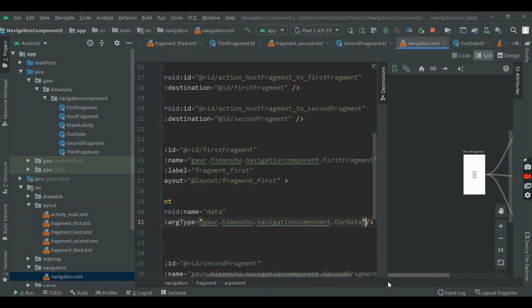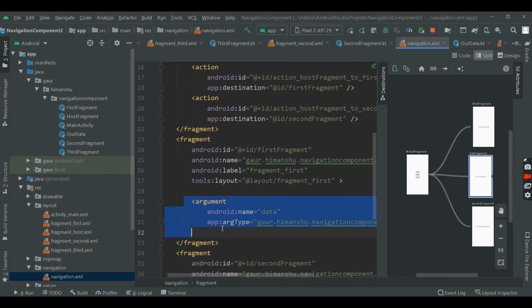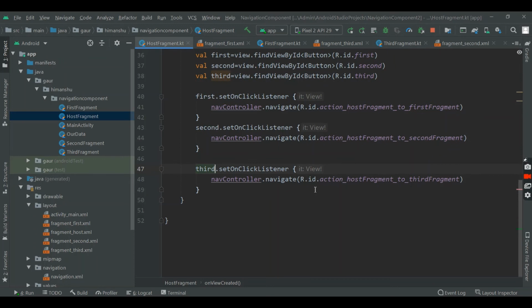Okay, now it's fine. So these are the two: first is our name and second is our argument type, attached on the destination where we can send the bundle of data. Now go to your host fragment and see how we can code this.